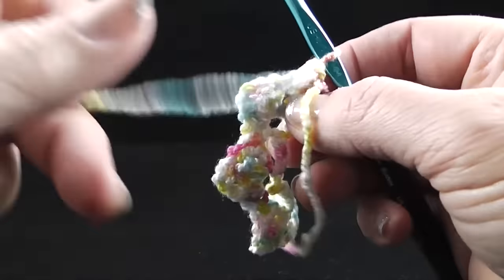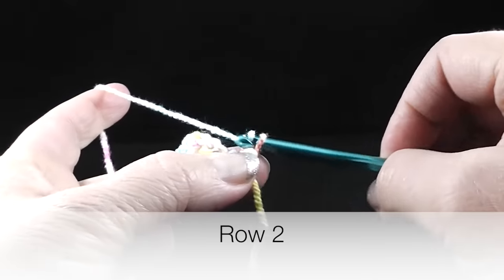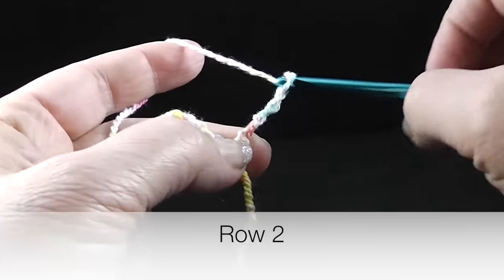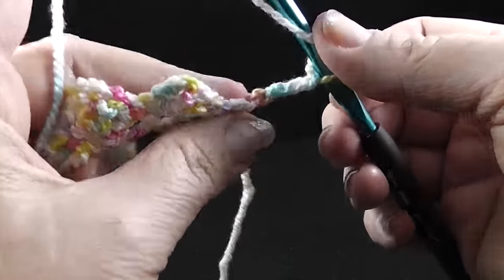and let's see, make sure I get the right strand here. We're going to chain 4. This is the beginning of row 2. Chain 4, 1, 2, 3, 4, and we're going to work 3 double crochets in the chain 1 that we